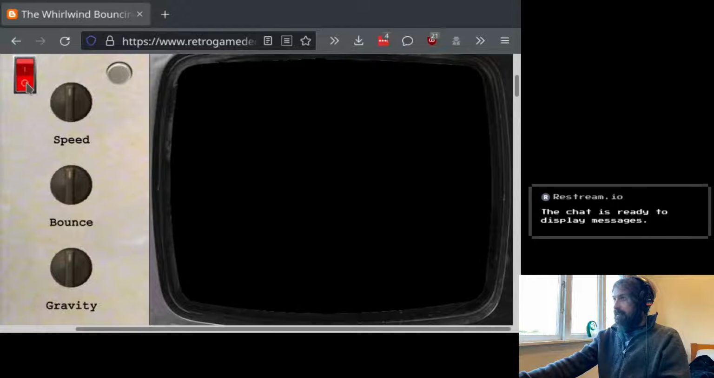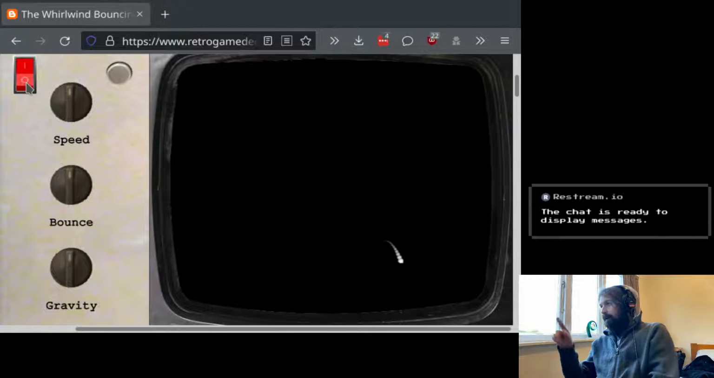So I'm just going to start it up, and what we've got is a simulation of a ball bouncing under gravity, losing energy each time it bounces. And yeah, that's most of it. However, if you have a look at every time the ball finishes bouncing,